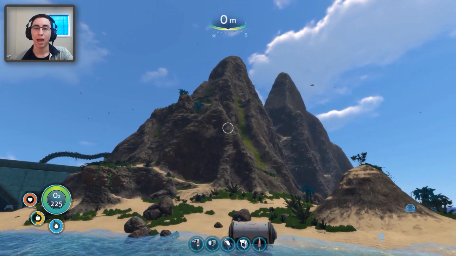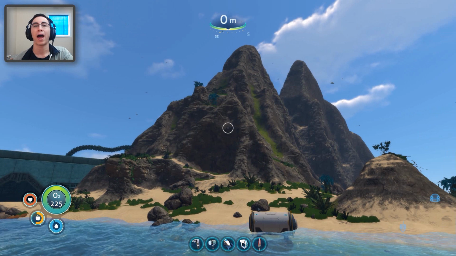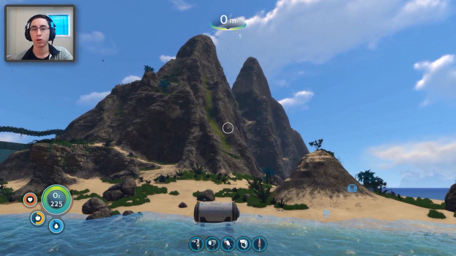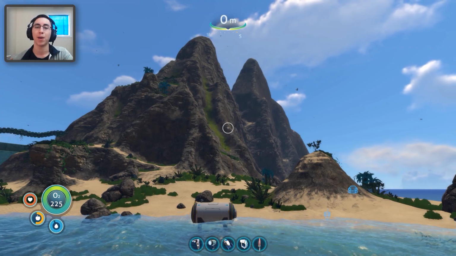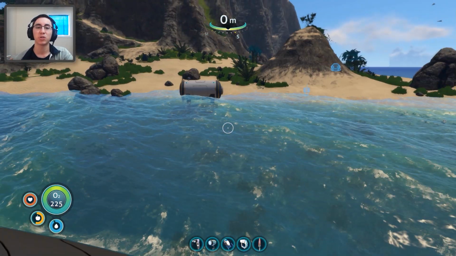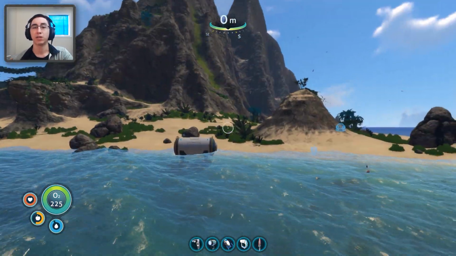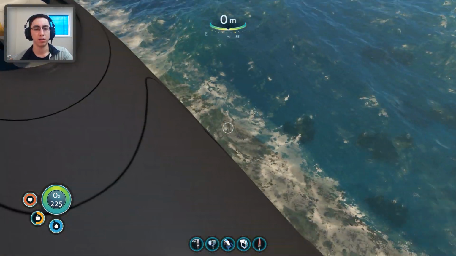Or we could build it on the mountain and just have it be an epic base super high up. And that'll be like the final pinnacle of this adventure. And then we launch our rocket from the mountaintop. To me, that sounds like the most epic idea. However, there is one thing that I haven't done yet, that I forgot that I hadn't done, and